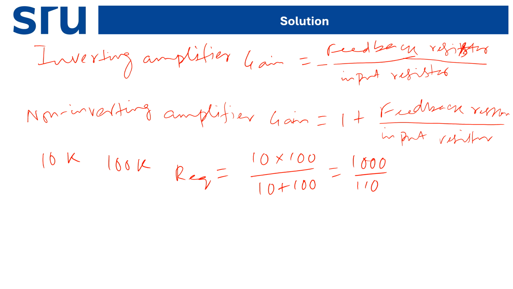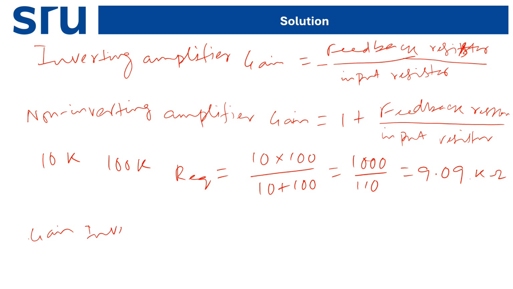Okay, so that will give us the value around 9.09. That is the equivalent resistor, this many kilo ohms, of course. Now, as you can see, we have to put two higher value resistors in the feedback loop. We have only one resistor for the input, and that is 1 kilo ohm, right? Now, if we want to calculate the gain